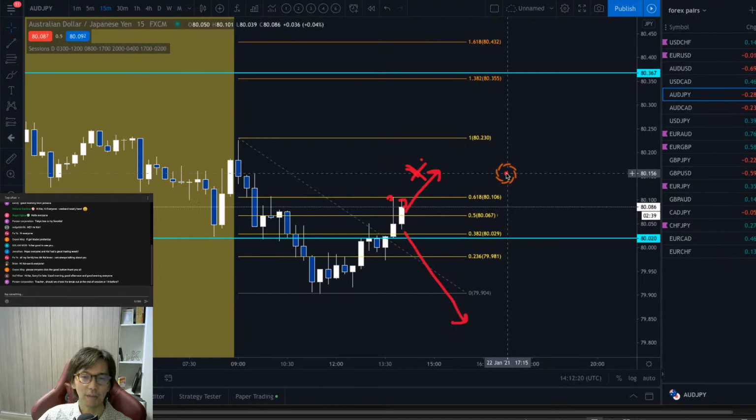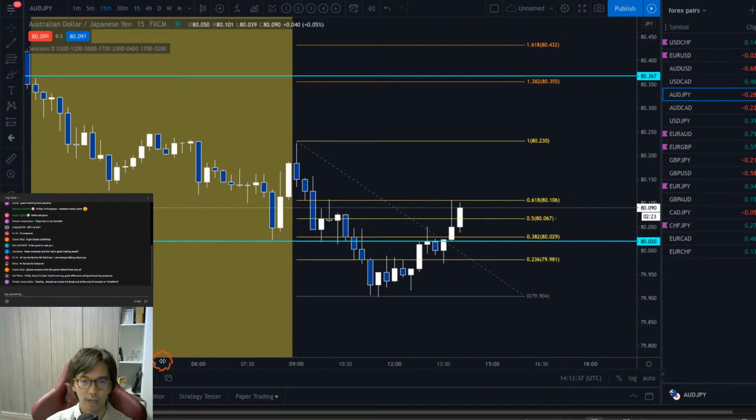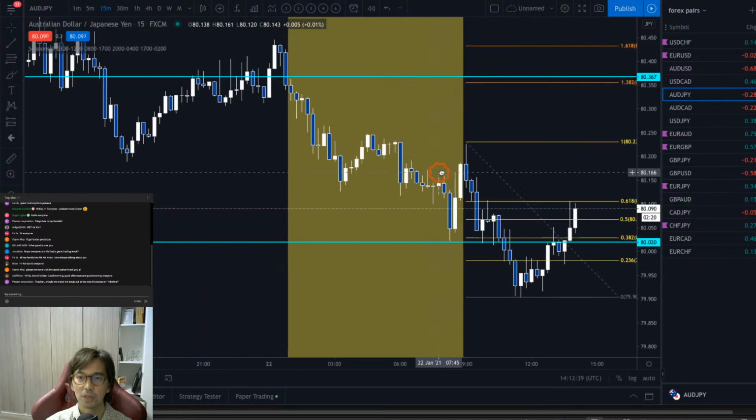But coming back to this topic of Tokyo box breakout, it's giving us a fake signal. So we don't want to take trades. We don't want to take the Tokyo box breakout anymore. So let's go back to the previous day. So the previous day is going to be